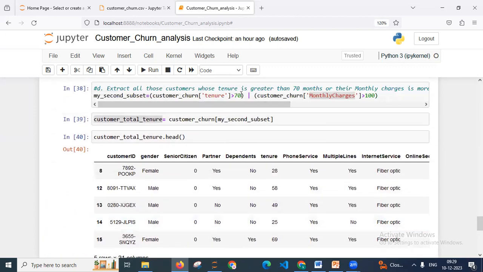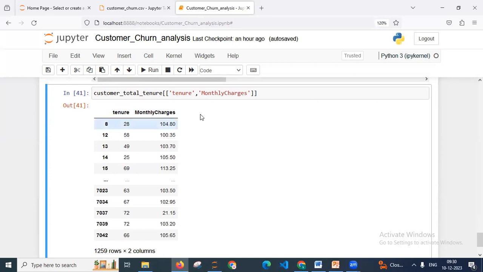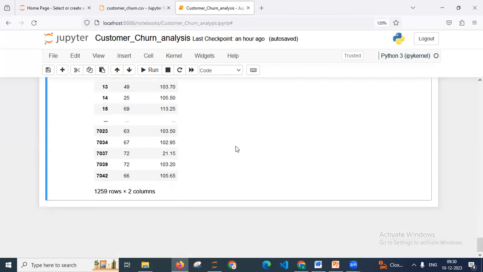So first you have to create your conditions. Next you have to create your subset. Next you have to show the data with head. And next, once everything is done, you have to create only these two columns as your own data. The other columns I'm not interested in seeing. I'm only interested in seeing these columns, right? Next task,